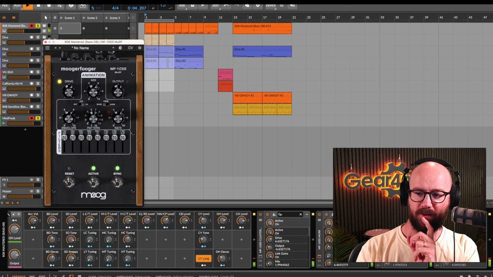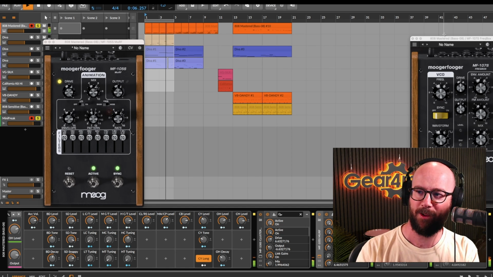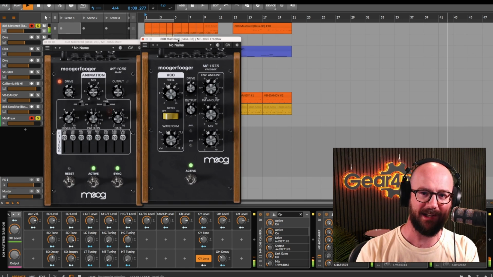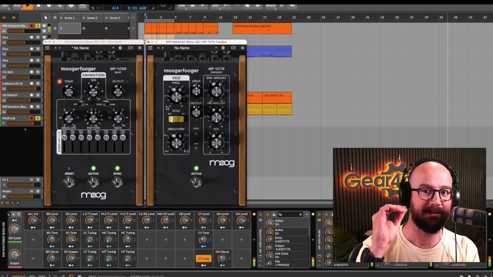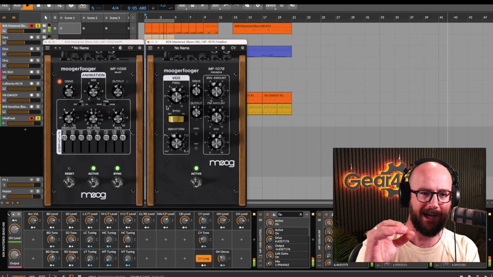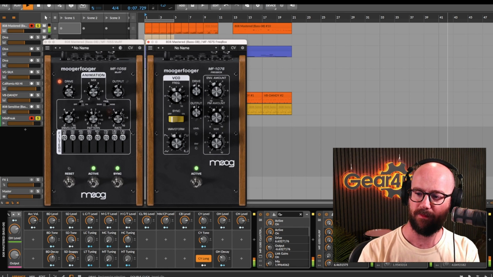But then the FreqBox. So this one's very weird. What the FreqBox is, is an oscillator that tracks the pitch of the input and then animates itself. And it sounds like